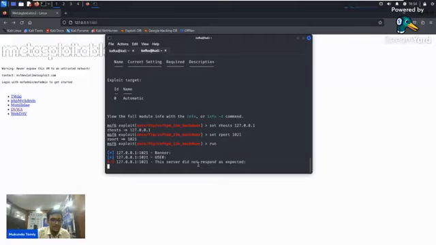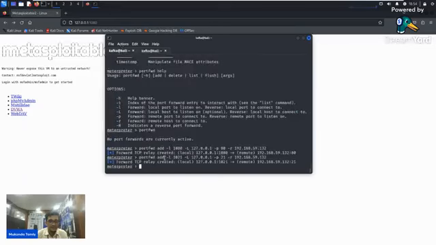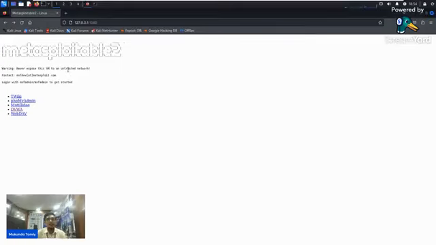Okay, so there is a problem. No issues. We can use this the same way, just background it, use it, and you can just exploit the system because you already have the session, right? So I hope you got the demo of how pivoting works using the port forwarding method, right?